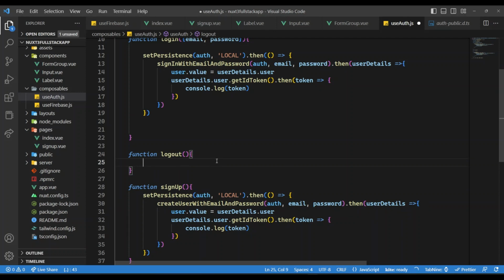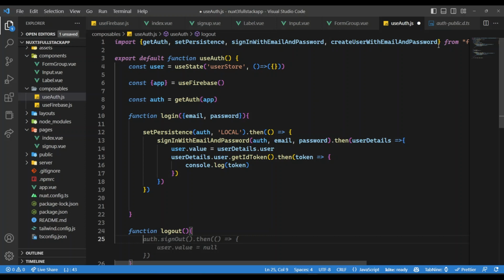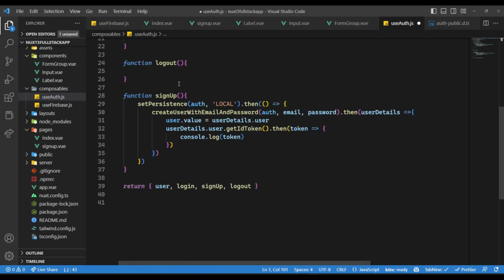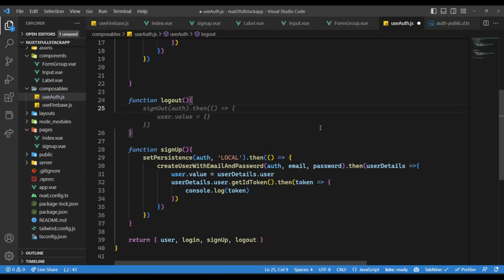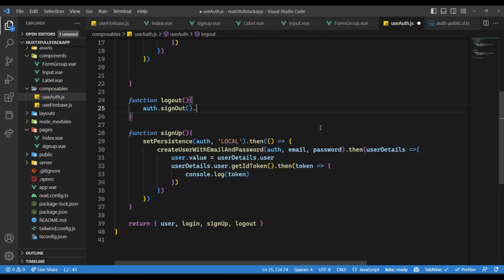Logout, as we are doing local logout, then local based authentication as well, or local storage, so we will need our logout here. And we also need to make a request to server to log them out. So here I'm gonna say auth dot sign out, and then we make a request to the server to clear